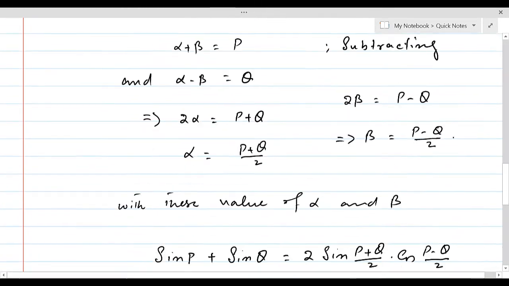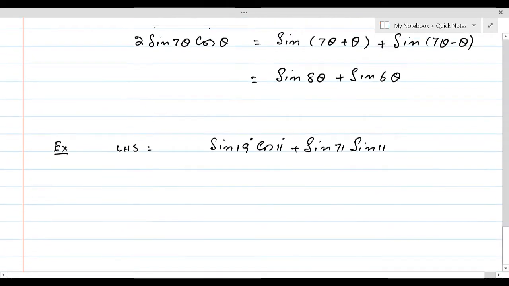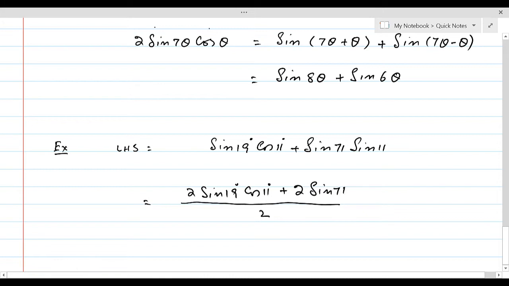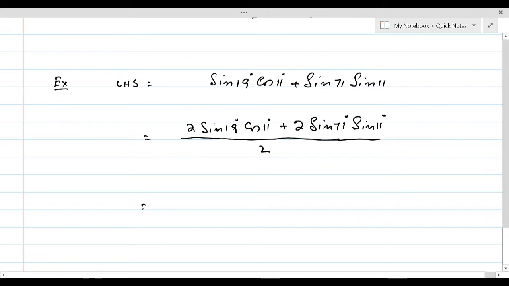Now we are going to multiply and divide it by 2. So in the next step, this is 2 sine of 19 degrees cos of 11 degrees plus 2 sine of 71 degrees into sine of 11 degrees. And if we write 1 by 2 outside, since the 2 is dividing outside, then we can have it as,